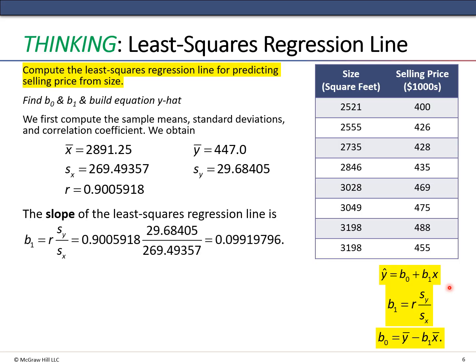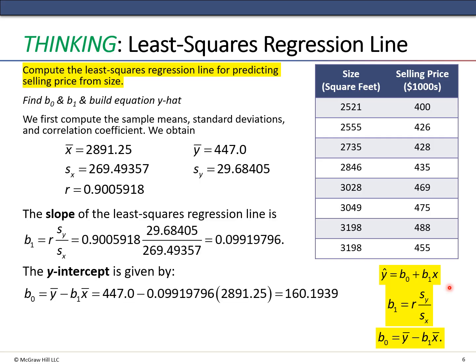When we plug in the values for b1, you can see them all there. I'm not going to read through them. We get 0.09919, etc. for b1. The y-intercept is the average y value minus the b1 we just calculated times the mean for the sizes of the house, the x bar. And there we get